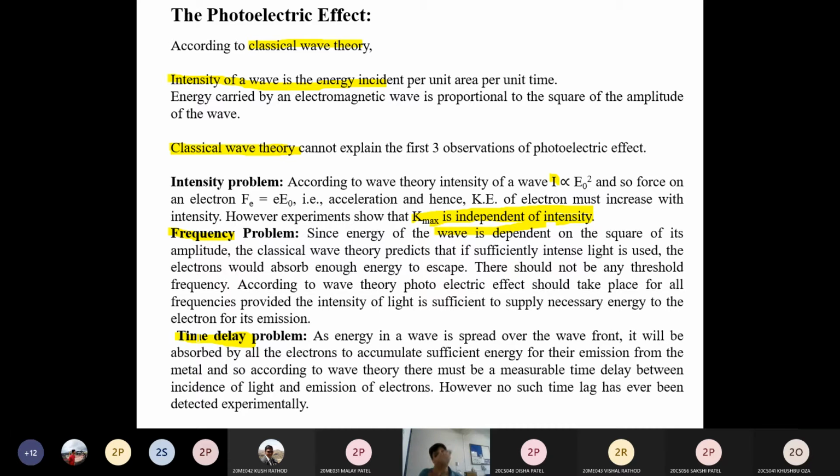It's not like all the light comes continuously. So classical theory considers that there should not be time delay. It is continuous, but we know that light, or electromagnetic waves, or energy which we are getting from something, is not continuous. Whether it is an X-ray, whether it is visible range, किसी के लिए भी बोल दो,